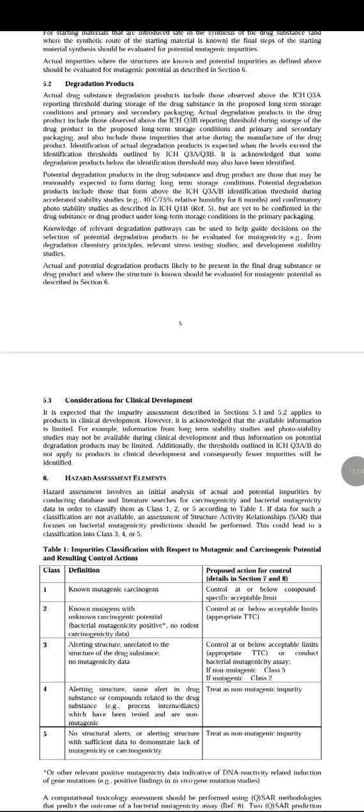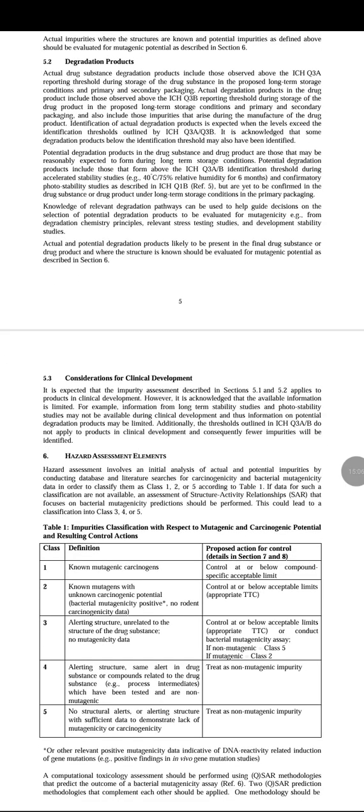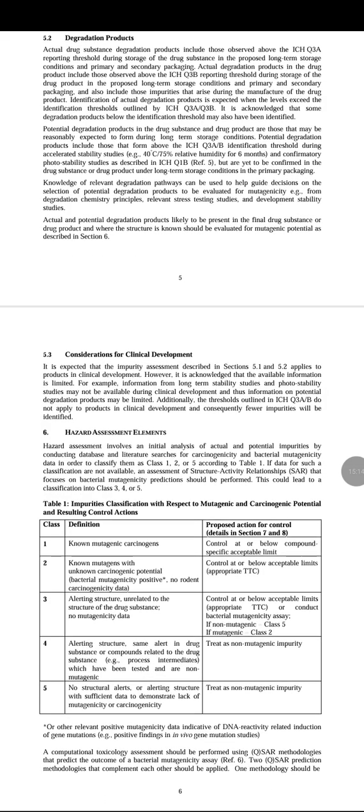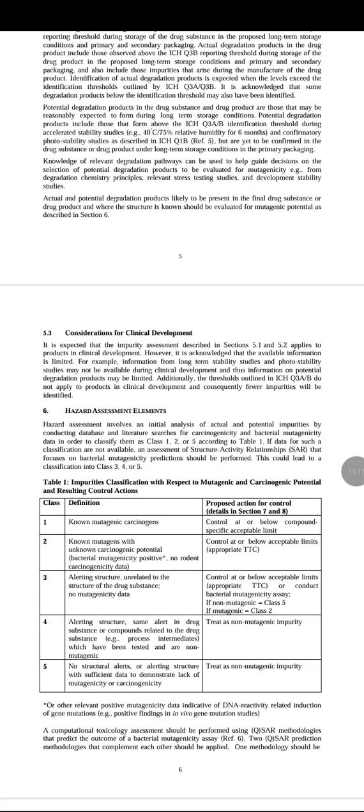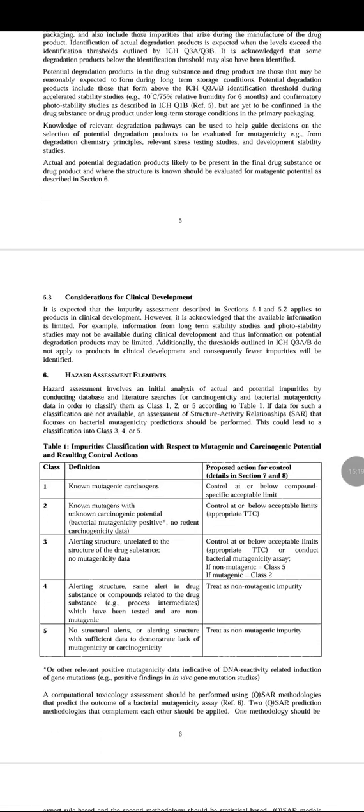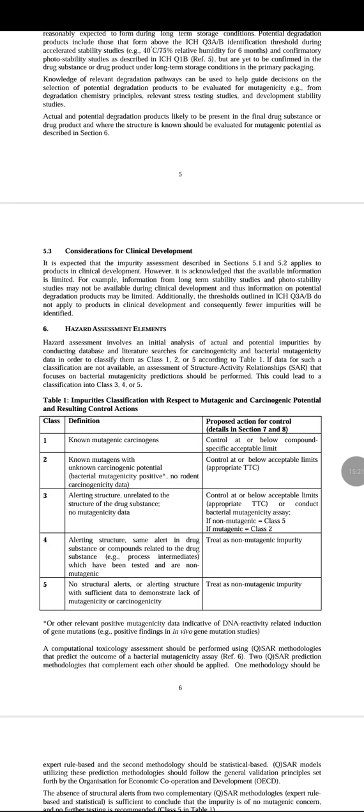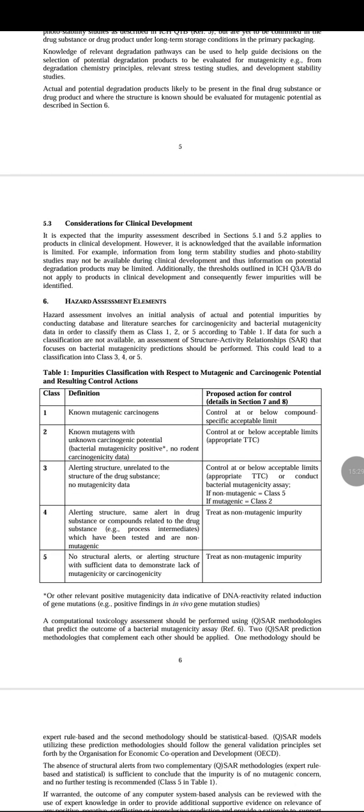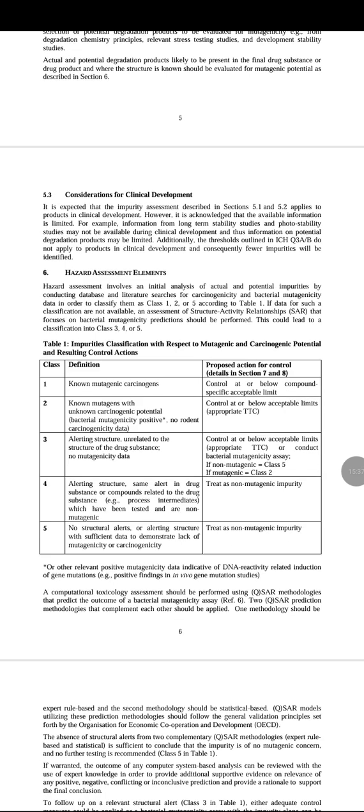potential degradation products in the drug substance and drug product. But it is to be confirmed for the drug substance and drug product under long-term conditions in the primary packaging. Knowledge of relevant degradation pathways can be used to help guide decisions on the selection of potential degradation products to be evaluated for mutagenicity. That is formal degradation chemistry principles, relevant stress testing studies, then development stability studies. Actual and potential degradation products likely to be present in the final drug substance